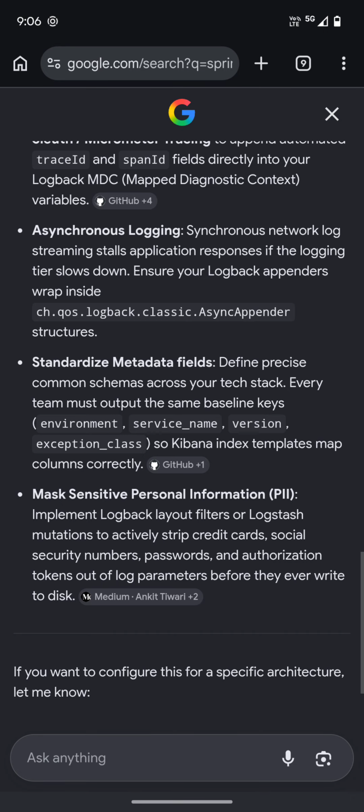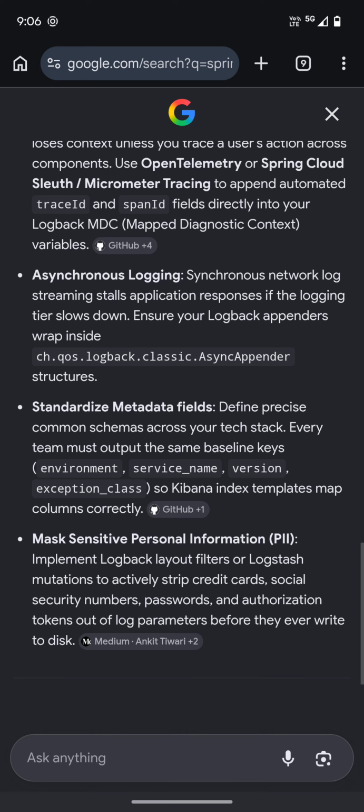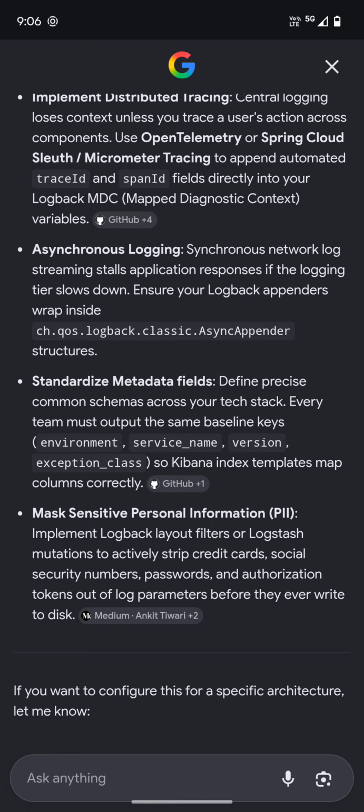You have to provide the metadata for logging. It is very important, right? Some of the visualization tools index based on the metadata, so you need to provide the environment name, service name, version and exception class. These are very important.